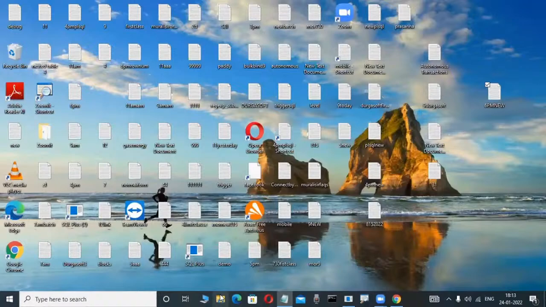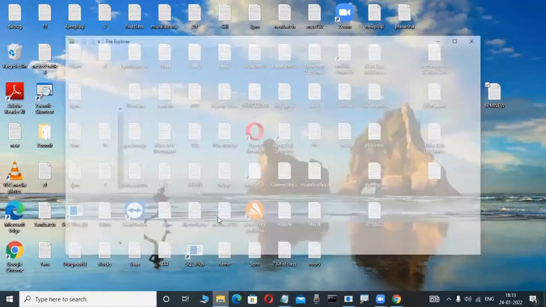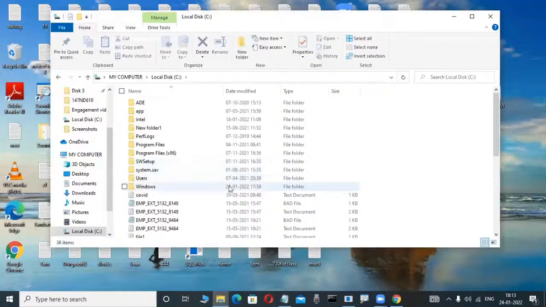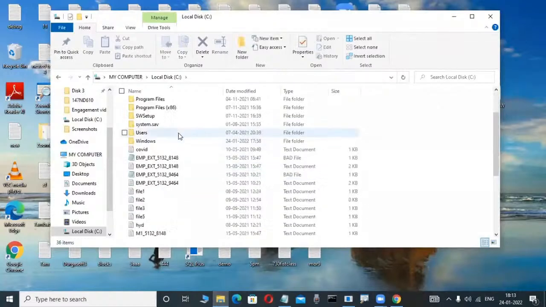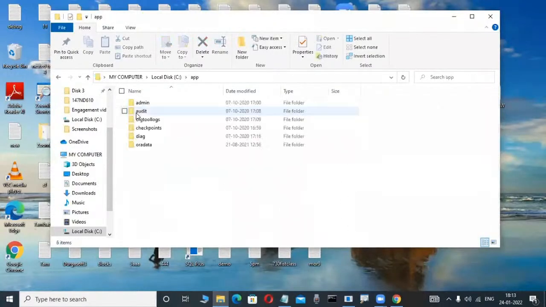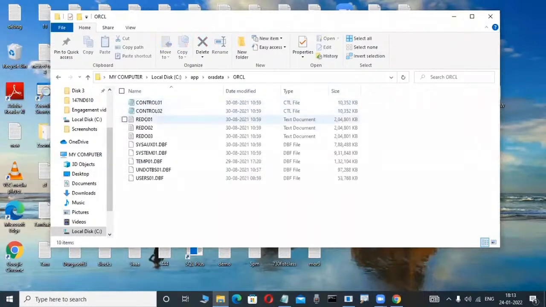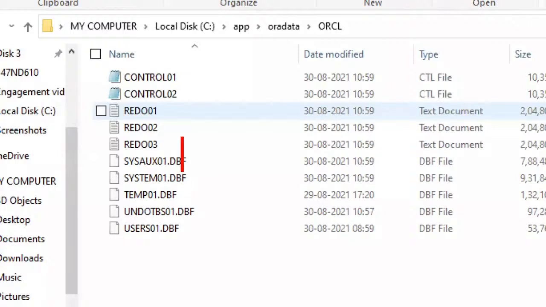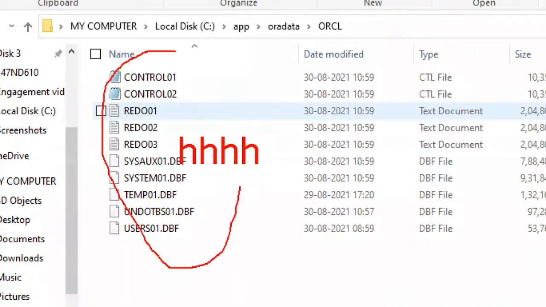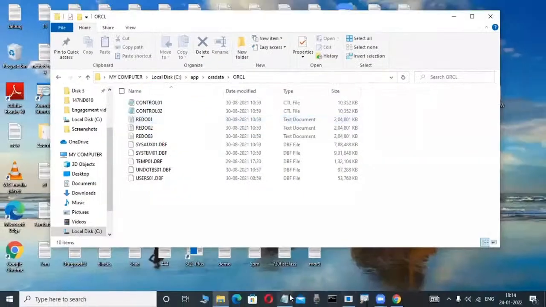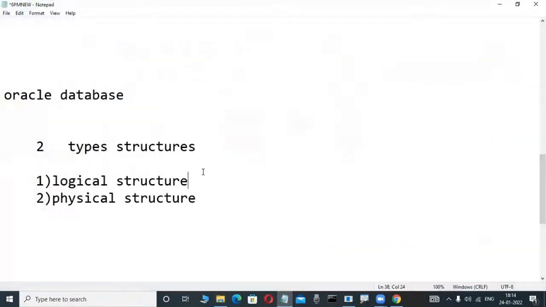I am installing Oracle. How you install Oracle, we will learn in the next classes. Don't worry. Say I install Oracle in the C drive or somewhere. In this C drive, your table is not available. Whatever table I create is not visible in the C drive or D drive. That's why a logical structure means a structure which is not visible